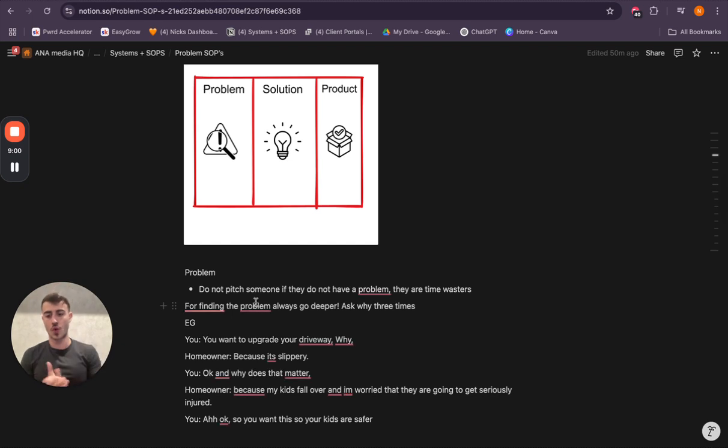Let's say you go and quote someone and you say to them, you want to upgrade your driveway because you've reached out. Why do you want to upgrade your driveway? The homeowner might go, oh, because it's very slippery around our driveway. And you go, okay, and why does that matter? Homeowner might go, because my kids fall over and I'm worried that they're going to get seriously injured. And you go, oh, so you want this so your kids are safer. You've found that problem,